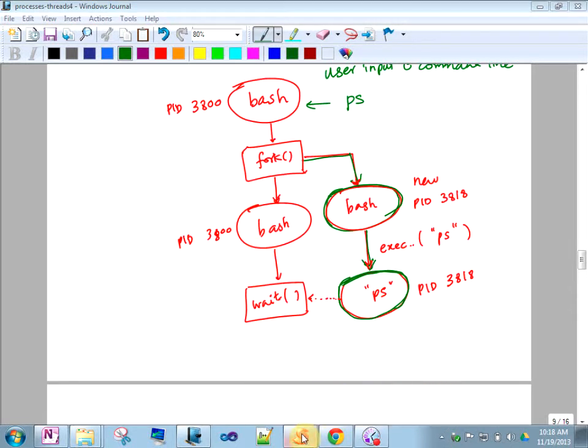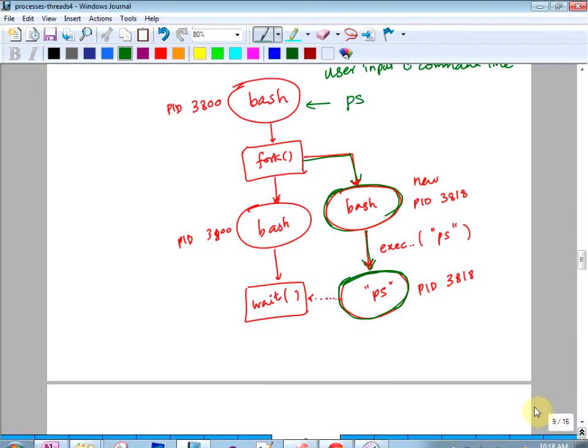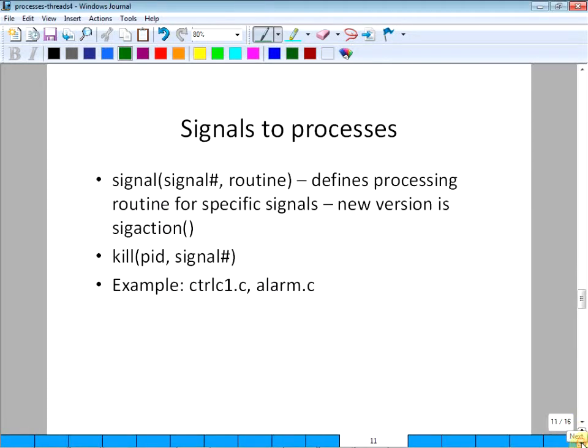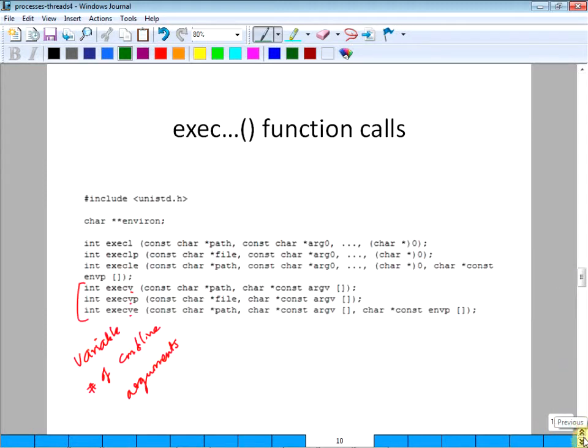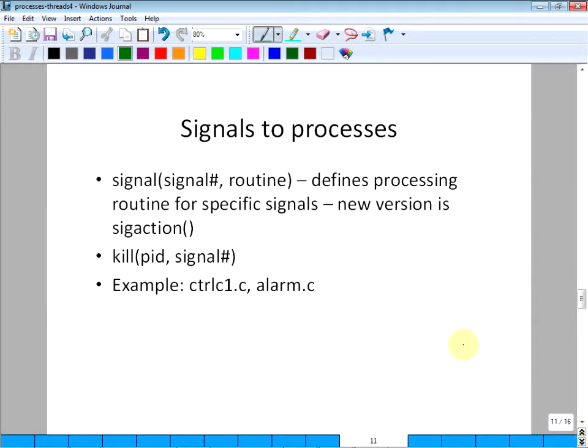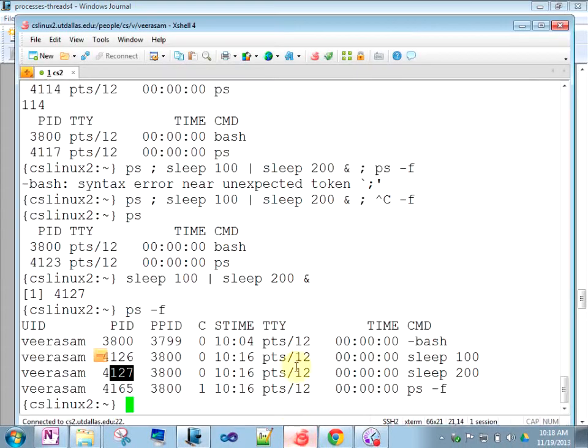It's a very old mechanism. We'll cover that first. You can send a signal. Basically, an indication, an integer number, a signal, and you can send a signal to another process, and we will look at it using these 2 examples, control C1 and alarm.c.